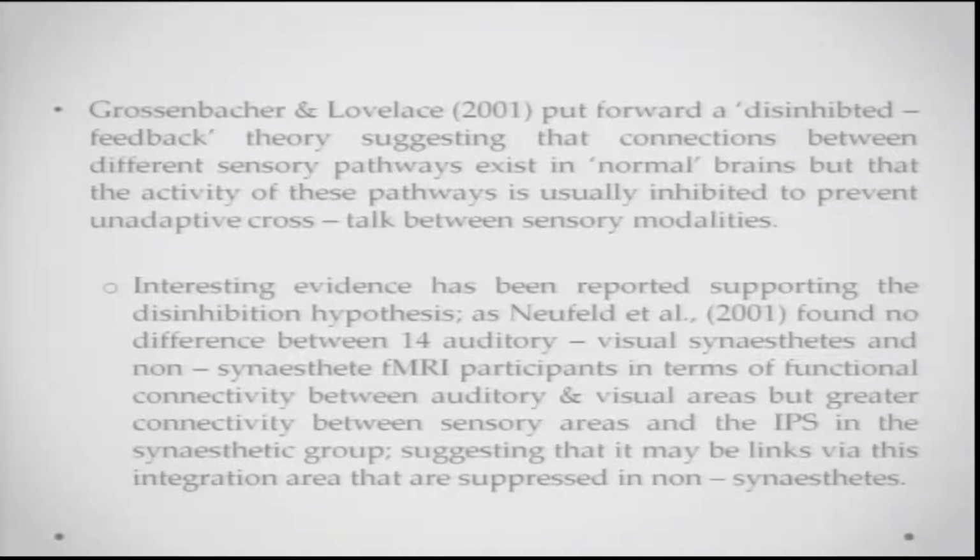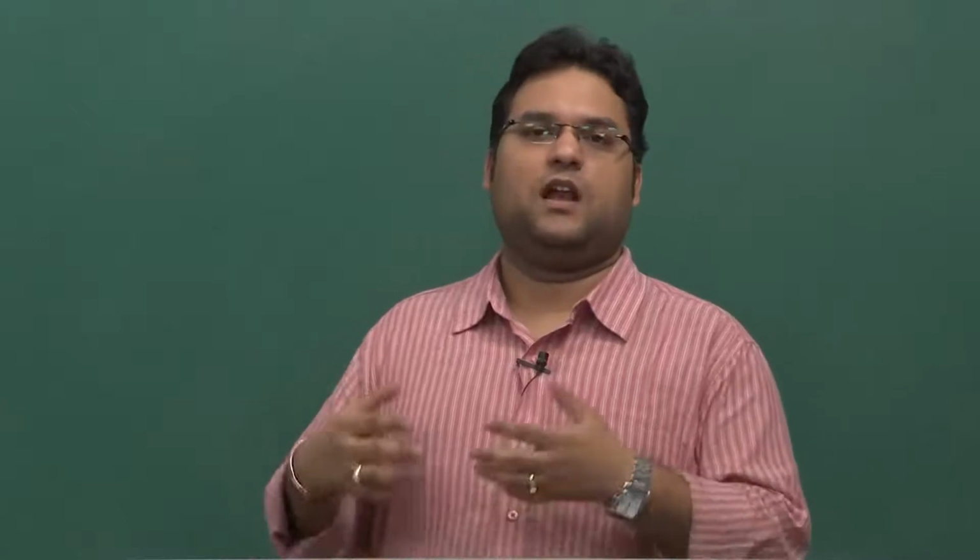Say for example, Newfield and colleagues in 2001 found no difference between 14 auditory-visual synesthetes and 14 non-synesthetic participants using fMRI in terms of the functional connectivity between the auditory and visual areas. But they found greater connectivity between the sensory areas and the IPS in the synesthetic group, suggesting that it may be the links via this integration area, the IPS, that are suppressed in non-synesthetes but are not suppressed in synesthetes, and that is what is allowing them to have this